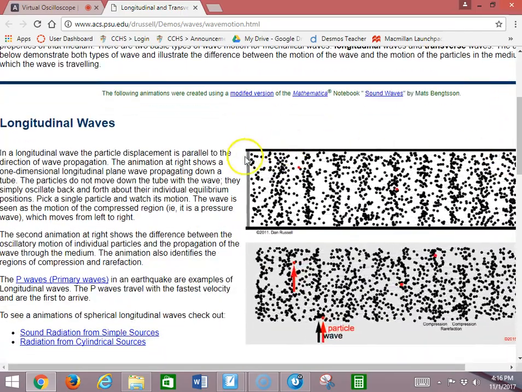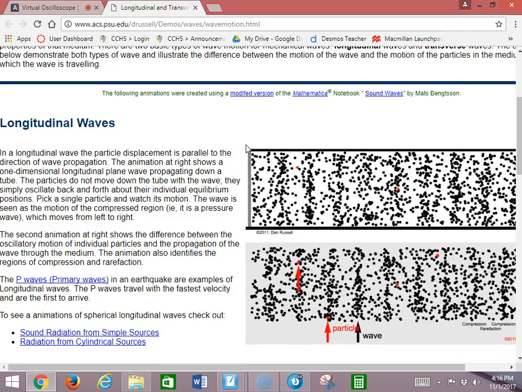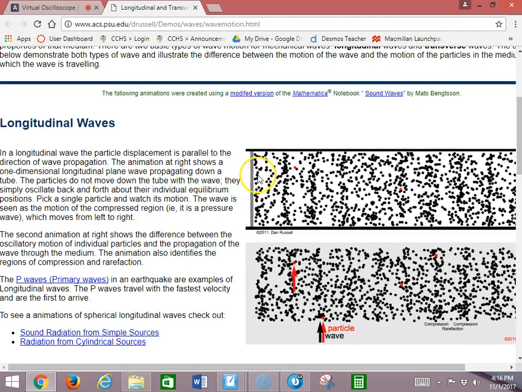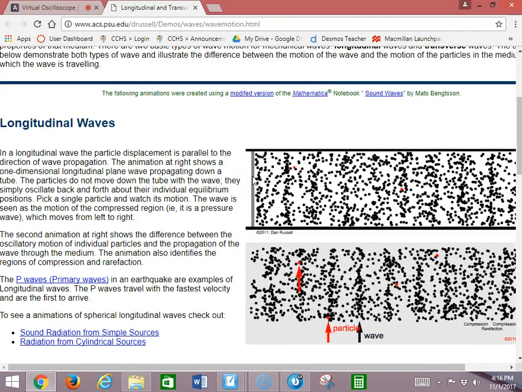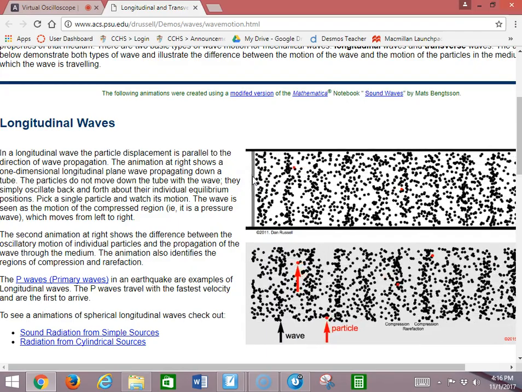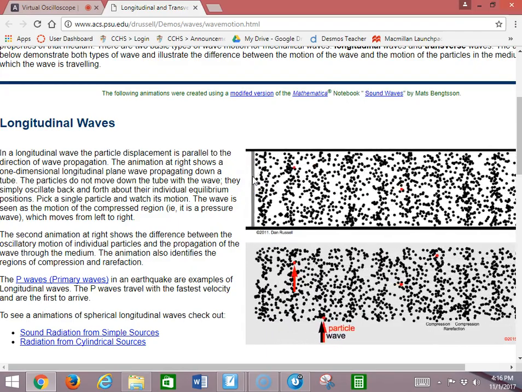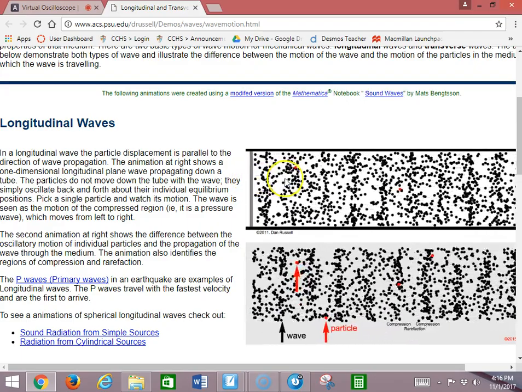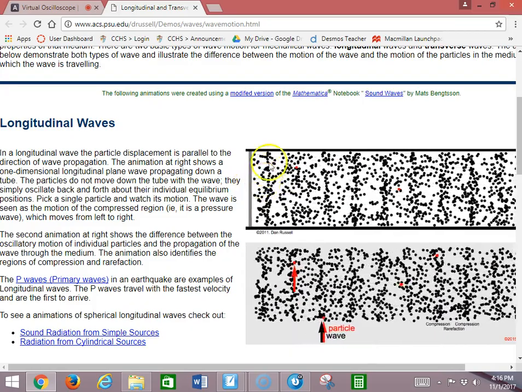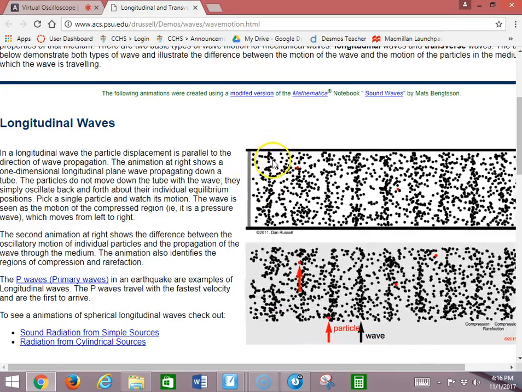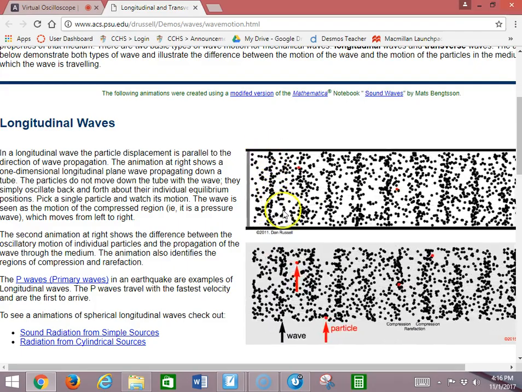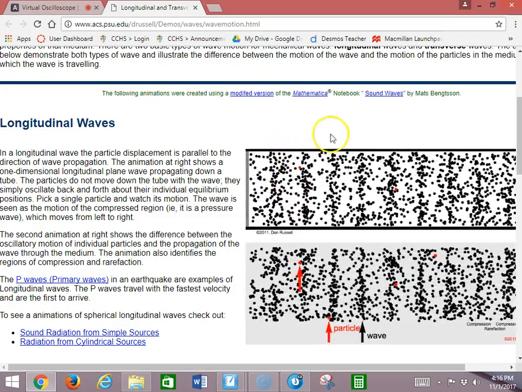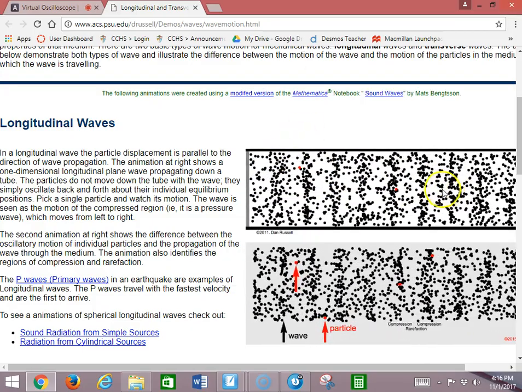Here is a little animation of how a sound wave travels through a medium like air or water. So this gray line represents something that's vibrating. This could be your vocal cords, it could be a guitar string, it could be the head of a drum, it could be anything that makes a noise by vibrating. And when it vibrates, it pushes the air molecules into little ridges, so it kind of squishes them together, making an area of increased pressure here, and then as it moves back, we have in between areas of decreased pressure. And these little bunches of molecules travel together in these wave patterns,